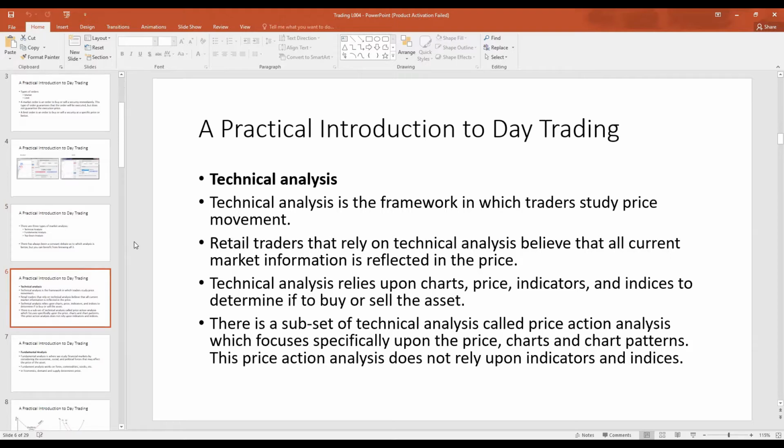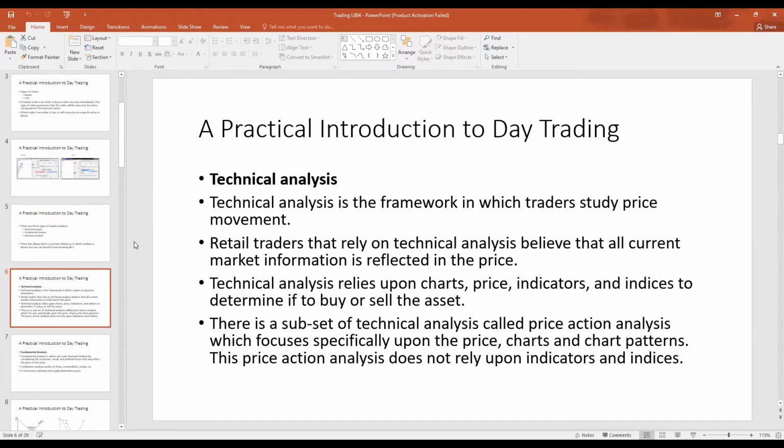Technical analysis is a type of analysis where traders study the price of the asset. They study price movement. Retail traders that rely on technical analysis believe that the current price reflects all the information about the asset. Technical analysis focuses on charts, price patterns, indicators, and indices to determine if it is an appropriate time to buy